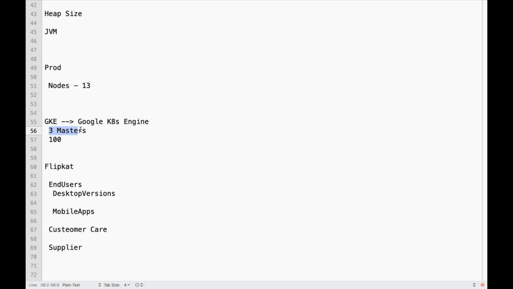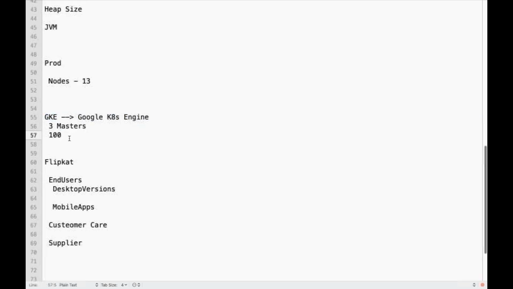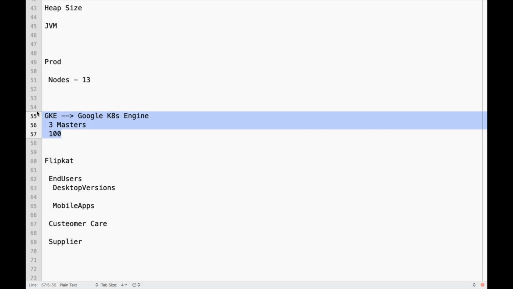Why do they have 3 masters? Because of high availability. So again, who will take care of the complete control plane for a managed Kubernetes cluster? You don't have any control. That will be taken care of by GCP, Google Cloud. Okay. So I am going to demonstrate EKS